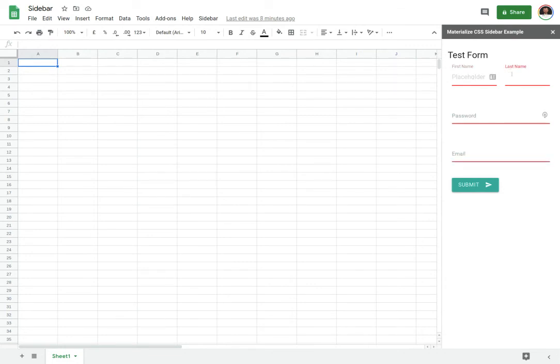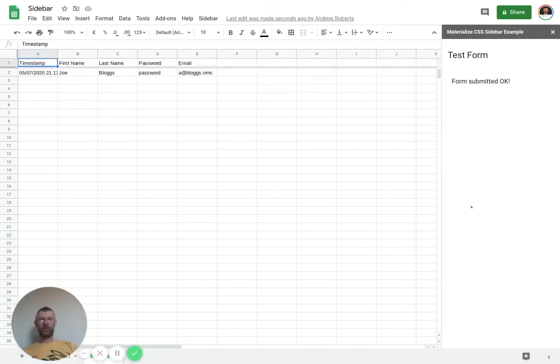Now if we leave that first name empty, put in our password and our email, and try and do submit, that's where it comes up and says you need to fill that in. So if we fill that in, but if we also invalidate that email, there again, see this is HTML5, this isn't Materialize, just warning us that that's not a valid email. So if we now fill those in, go submitting, and as I said, it's submitted okay,